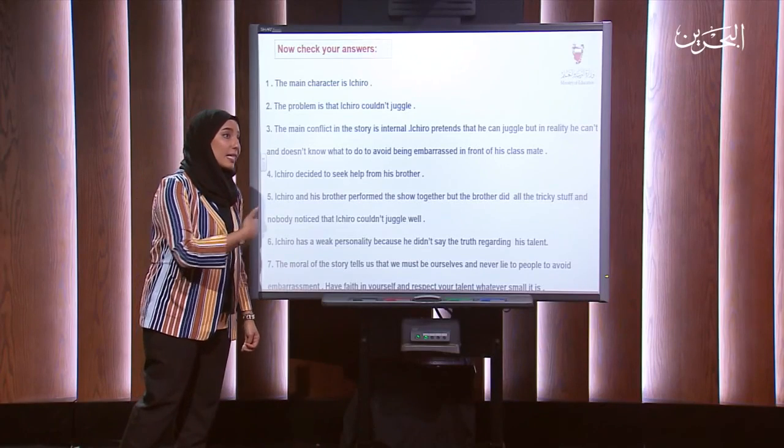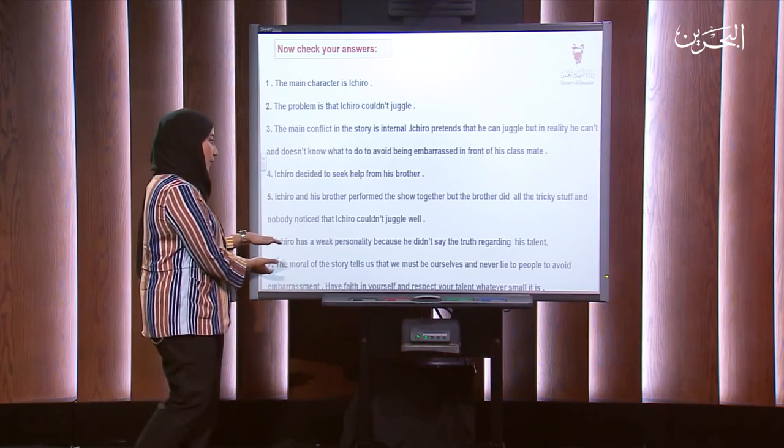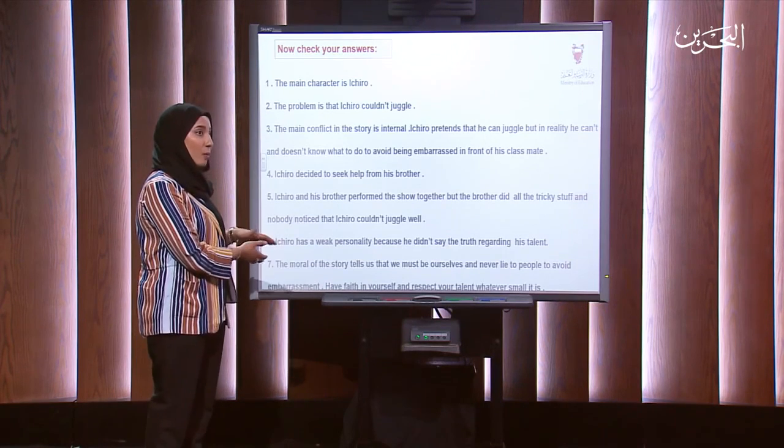I hope you got the answers correct. There might be a change in the answers. For example, certain people might not view him as a weak personality. They might view him as someone who kept trying. Some people might view that he stayed constant, and the moral can be seen by other people as that he kept trying till he succeeded, because he was training 3 weeks before that. So the answers here are not fixed. They can be changeable.